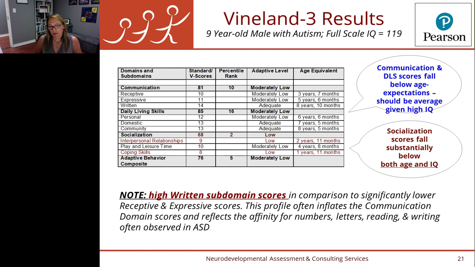Daily living skills, these really depend on the family, how much a family is doing for their child. And certainly if you have a child with a disability, the priority list and what's on the hierarchy, a lot of parents will just say, oh, I just dress my kids, so it's easier to get out of the house in the morning. However, in the socialization domain, you will tend to see interpersonal relationships be low, if not the lowest subdomain score, and coping skills, because this is behavioral regulation, which many individuals with autism have difficulties in.